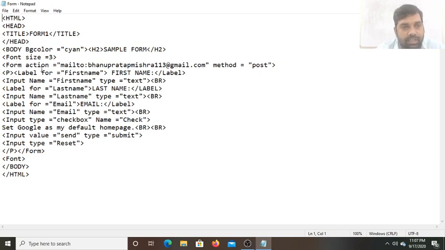And form action equals to, the form tag here I have opened, and the action I have used here is mailto. What I write on the form and submit will be sent to my mail, and the method is equal to post. Now you can see here the paragraph tag is open. After that the label tag is open, and the value for the for is set to first name, label for first name, and this first name is written inside the label tag, open and close.